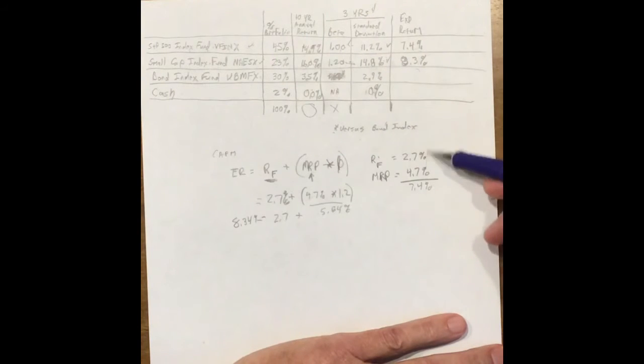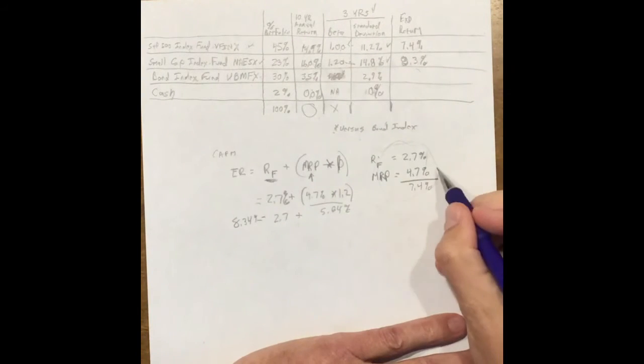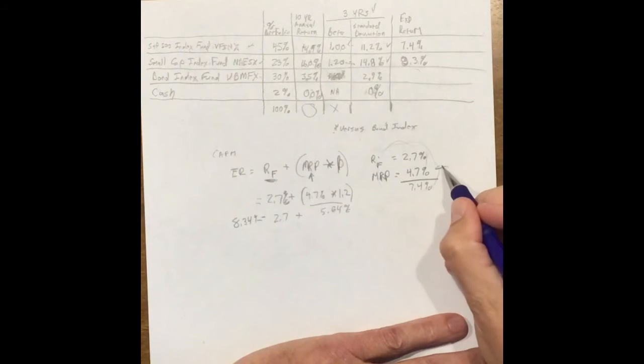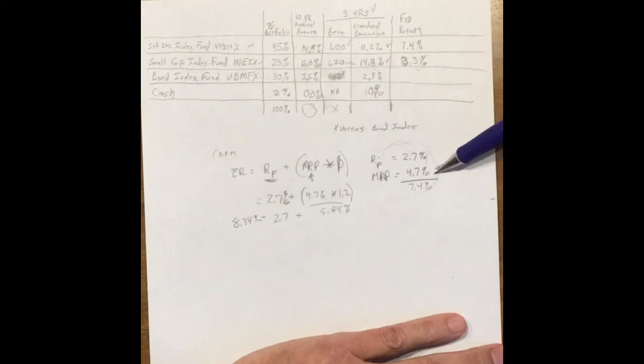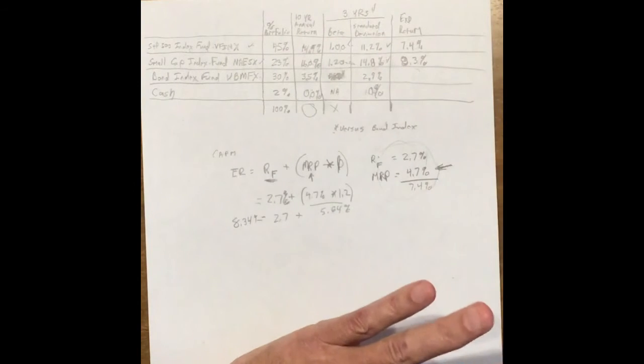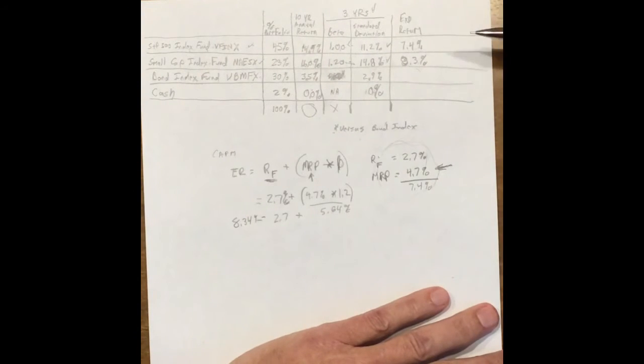Well, are these assumptions correct? Maybe the market risk premium is actually much higher, because there's lots of different ways to compute market risk premium. Or maybe this is an accurate reflection of what the market as a whole is telling us,